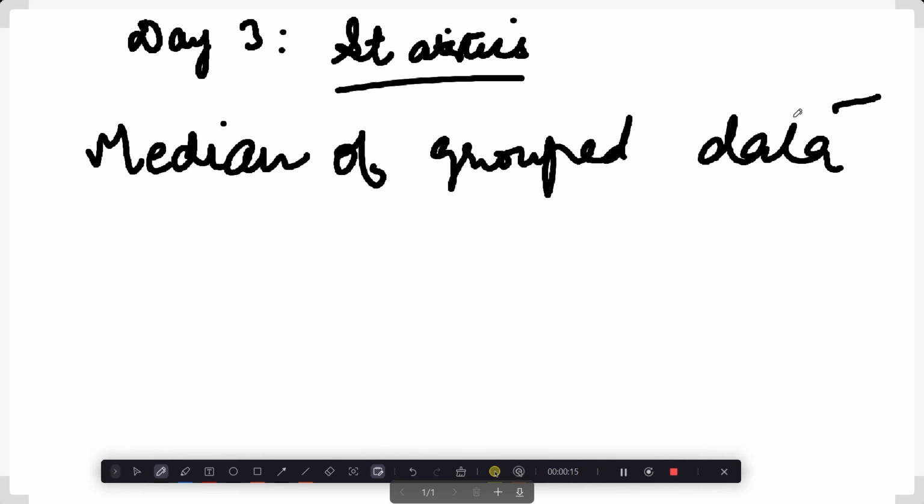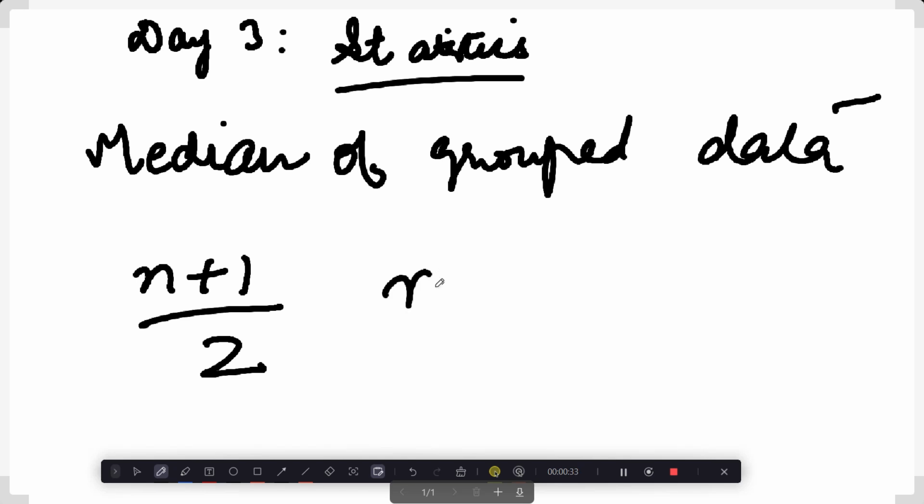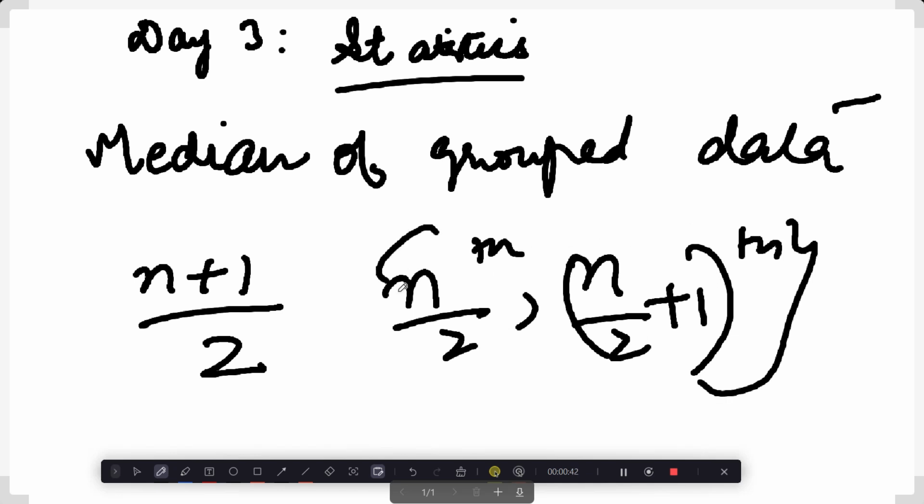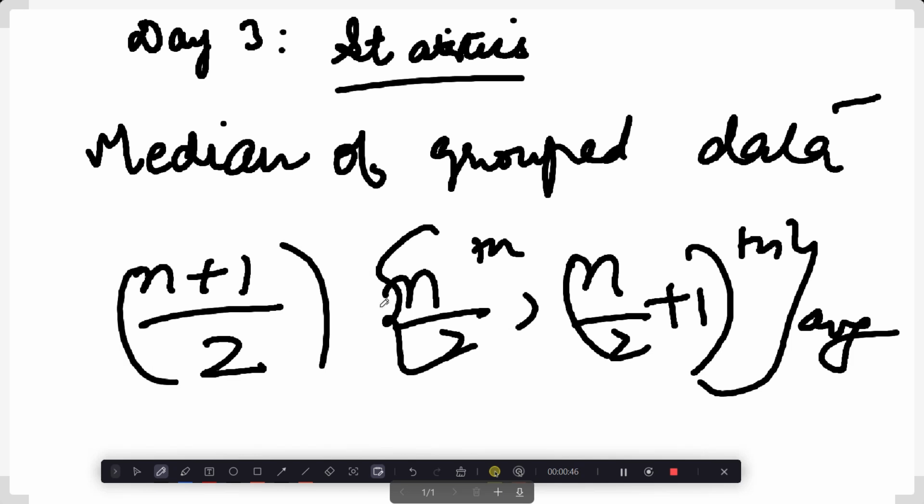So usually हम क्या करते थे? What is median? Median is the measure of central tendency, which gives the value of the middlemost observation of the data. Right? Ungrouped data में what do? We arrange the data values in ascending order, and if n is odd, this is the median. If n is even, it is the average of इन दोनों ऑब्जर्वेशन का एवरेज हो जाता है, right? That is the median.